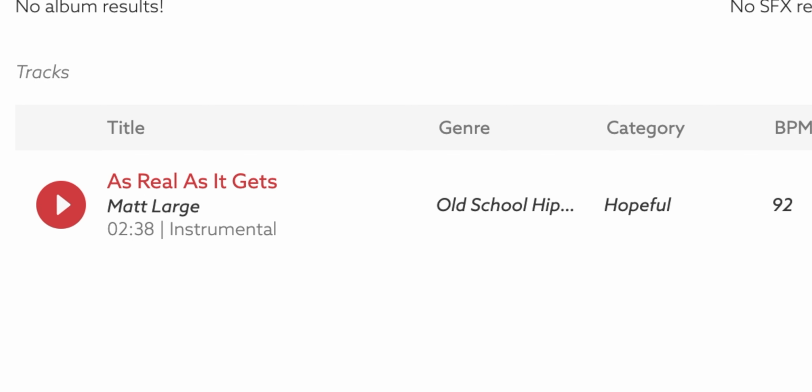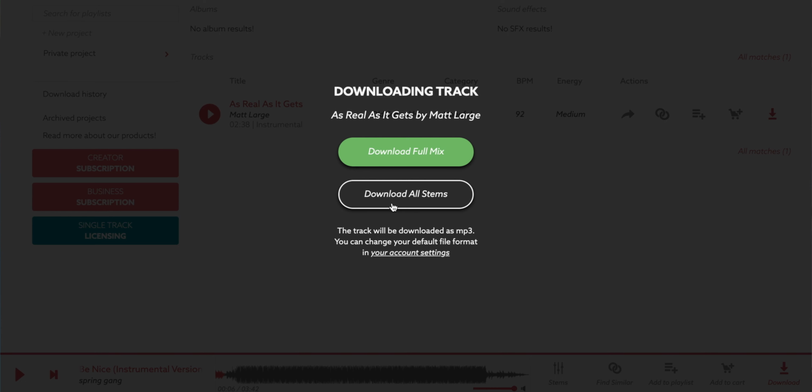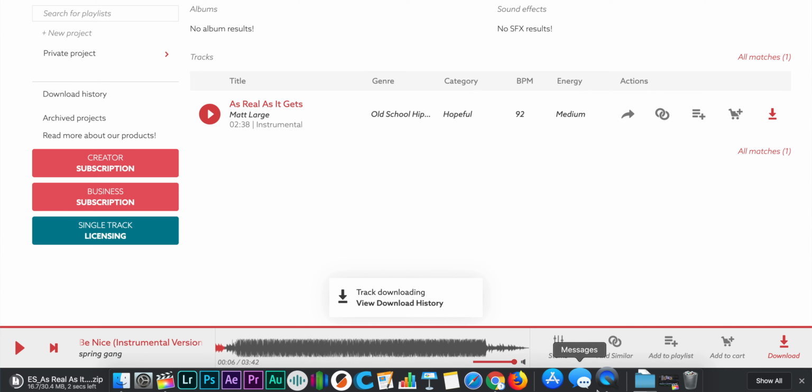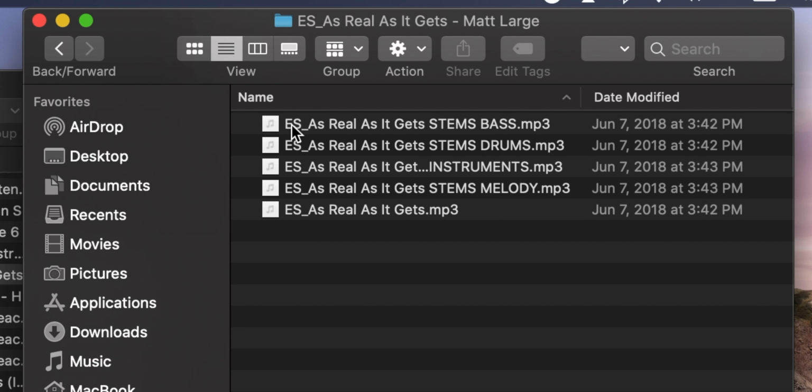So for example, this is one of my favorite songs on Epidemic. I've used it in a ton of videos, and I've heard it in a lot of other people's videos, but it's a good song. If I want to download it, I can download all of the stems, and then what I'm going to get in my downloads folder is literally just a zip file folder with all of the tracks in it. And once I open that up,